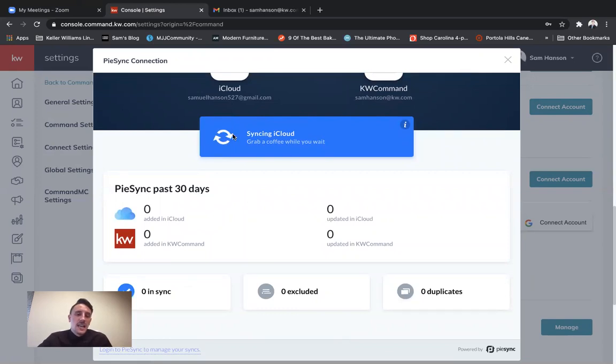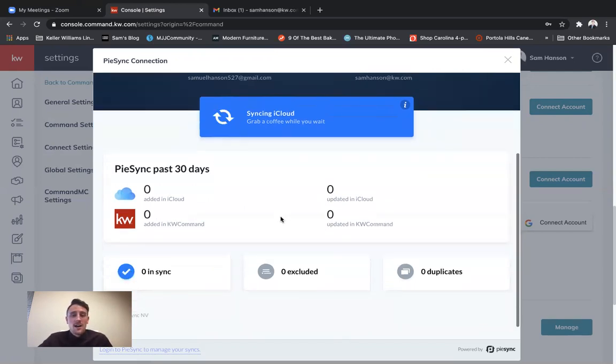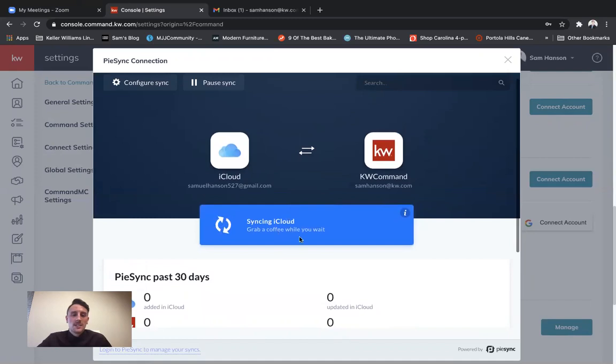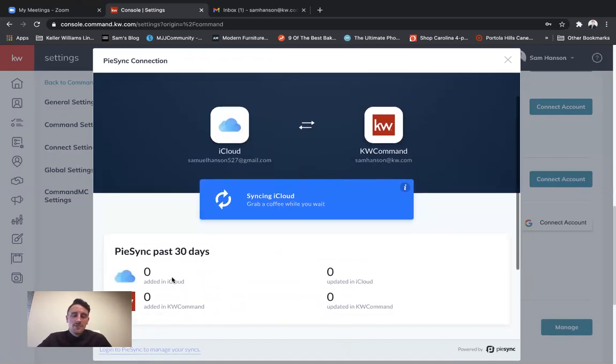So you'll see that now it's automatically pulling from my iCloud. It's going to pull in those contacts. It's going to show what was added into Command. If it's looking at Command, it'll show what's updated in iCloud. And it'll show you duplicates and anything that's excluded. So it will take a couple minutes to do this. If you sit here and stay on this page, it'll update in real time. Or if you close out,